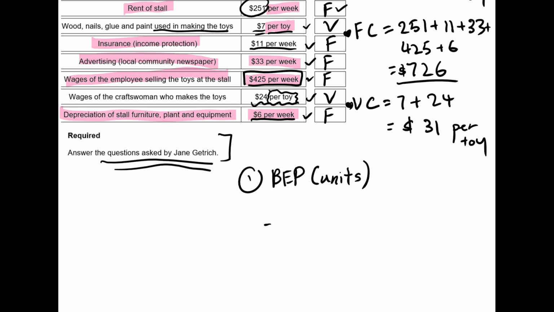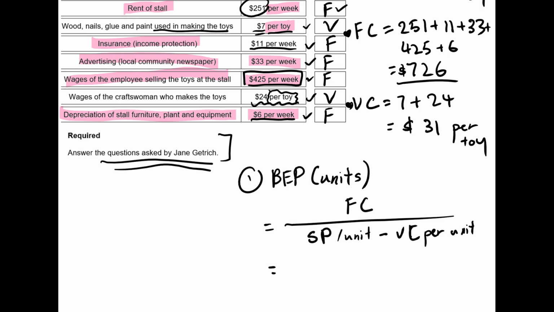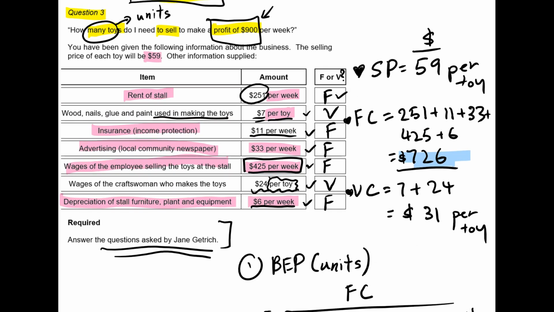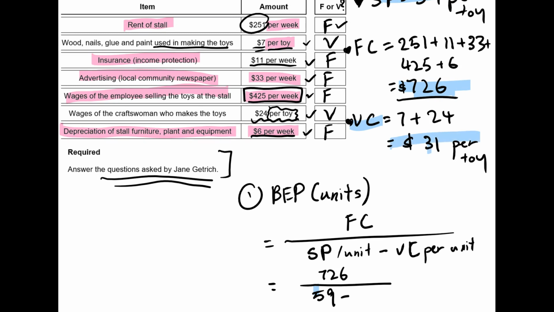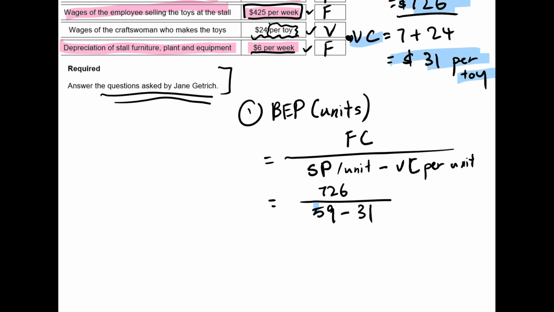So your break-even point in units equals, first thing first, put in the formula: fixed cost divided by selling price per unit minus your variable expense or variable cost per unit. So your fixed cost is 726. So 726 divided by selling price, which is $59, minus your variable cost per unit. Variable cost per unit is $31 per toy. So minus 31. So your break-even point in units equals 726 divided by 59 minus 31 equals